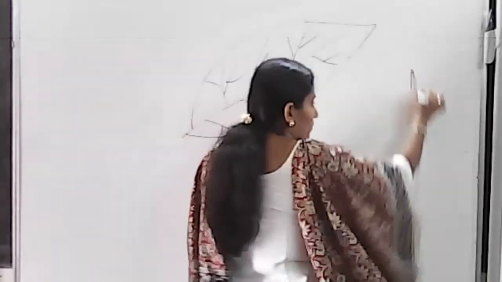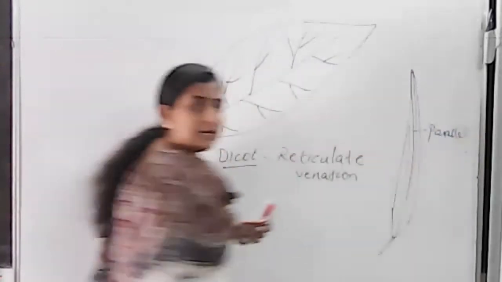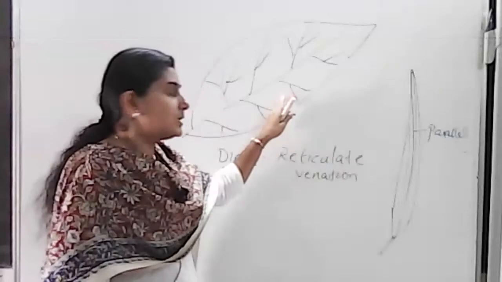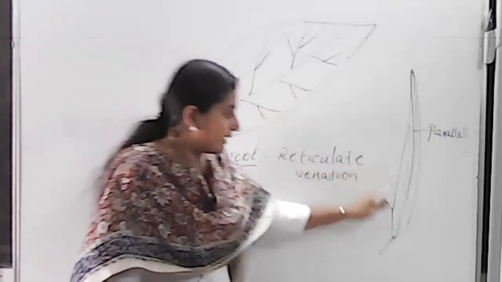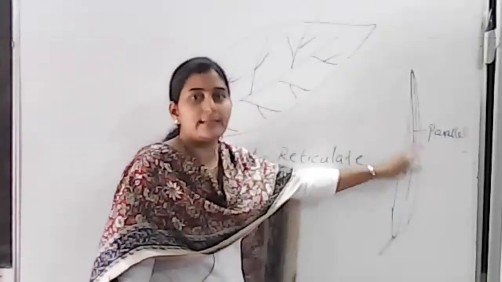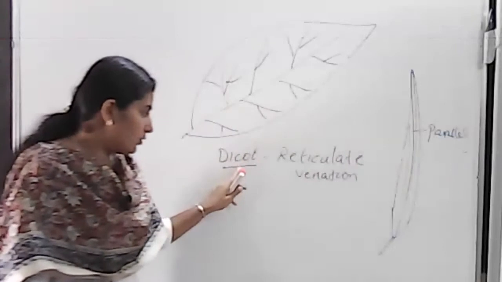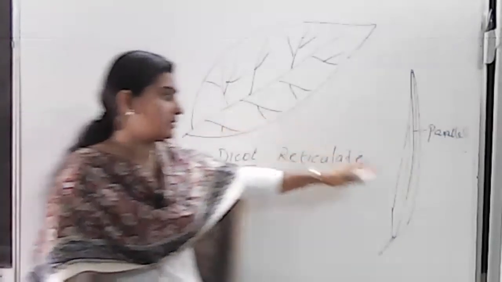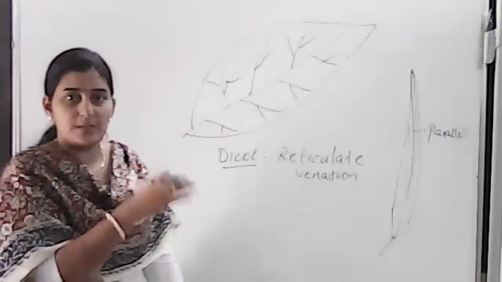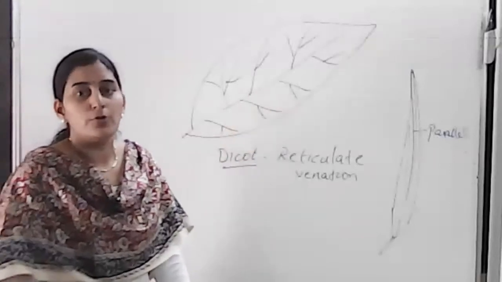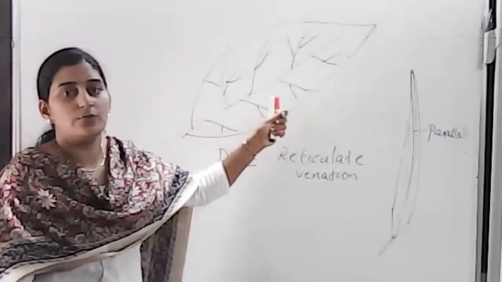In the case of a monocot plant, the type of venation will be parallel venation. This is parallel venation. This is called reticulate venation. The arrangement of veins will be irregular in the case of reticulate venation, and along a straight line in the case of parallel venation. In a dicot leaf, you will see reticulate venation. In a monocot leaf, you will see parallel venation. That is also a one-mark question that comes in between the experiment: how did you identify it as a dicot leaf or monocot leaf from the diagram? You identify it by seeing the venation. Here it is reticulate venation.